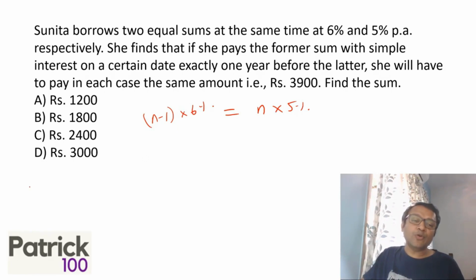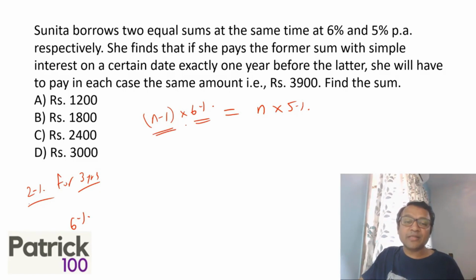The concept out here is when you get 2% interest, let's say for 3 years, your total interest is 6% because every year you're getting 2%. So for 3 years, it will get 6%, 2 into 3. Same way, if you're getting 6% interest for n minus 1 years, the interest is 6 into n minus 1. Here it is 5 into n, and these two have to be equal. If you notice, the value will be 5 into 6% should be equal to 6 into 5%. So that means in each case, you're getting 30% interest.